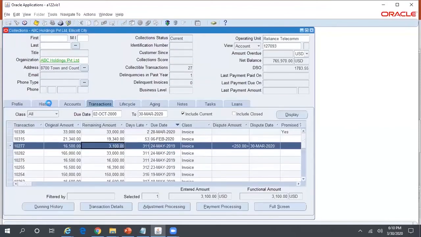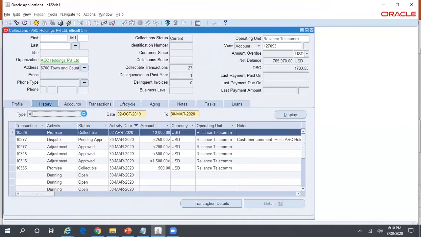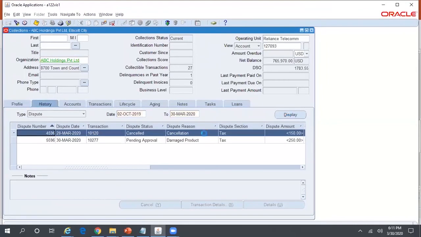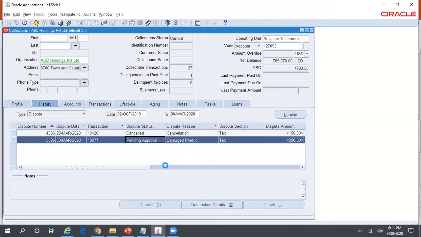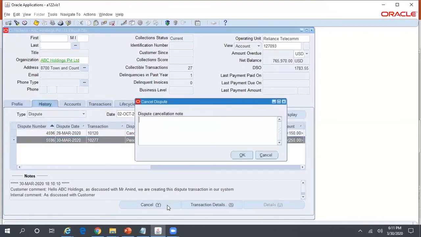And now if you go to history and search for dispute, you'll be able to see the dispute I have created. Yeah, this is the dispute, and here you can see it's pending for approval. As it is not yet approved, I still have an option to cancel the dispute. I can do a cancellation. This is created by mistake.